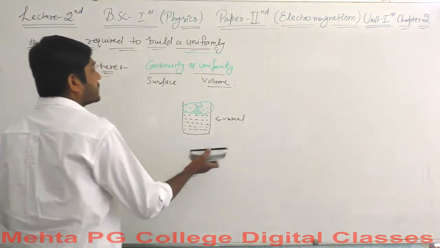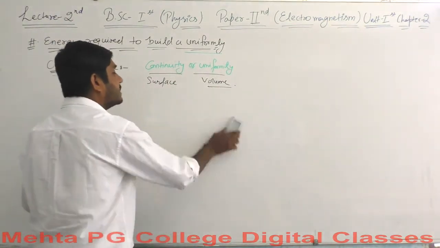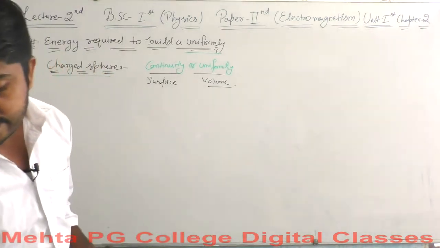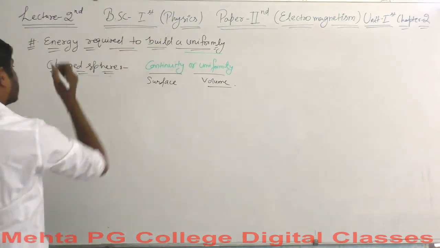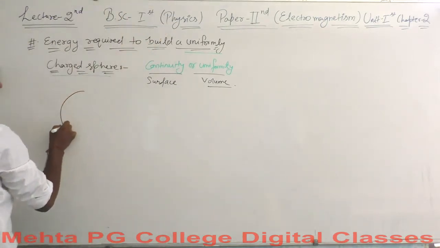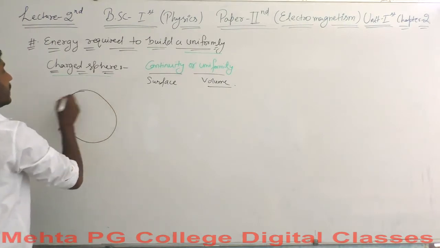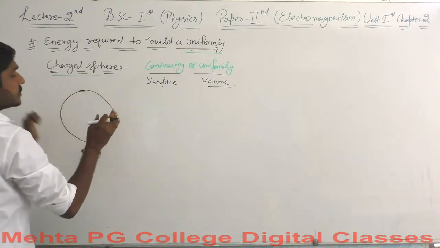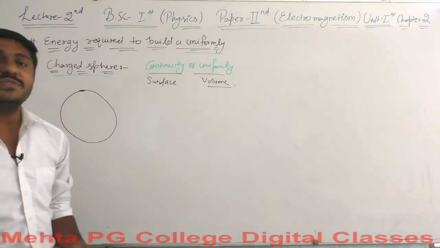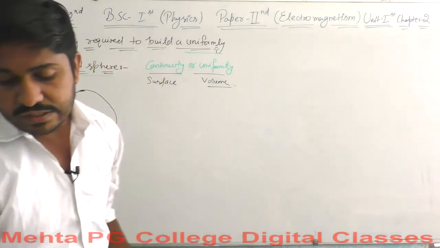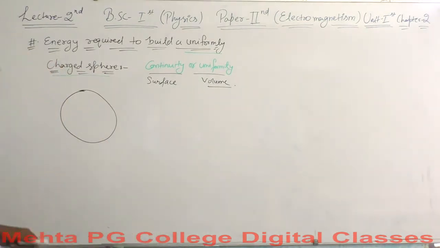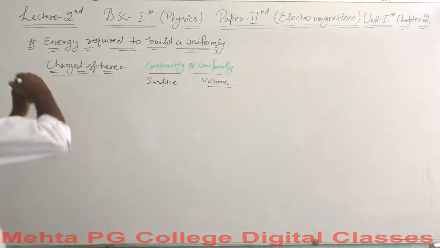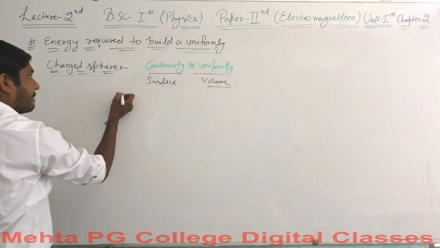Well, this is something to understand. We do not need it much further here, but we will talk about building a continuous sphere, a continuously charged sphere. So let's draw a sphere here. Let's say this is a spherical shell. Well, this is not a shell, but it is a sphere, because every time you consider something as a shell, you will say that this is not looking like a sphere at all. I will try to draw a good looking sphere here. Let's see.